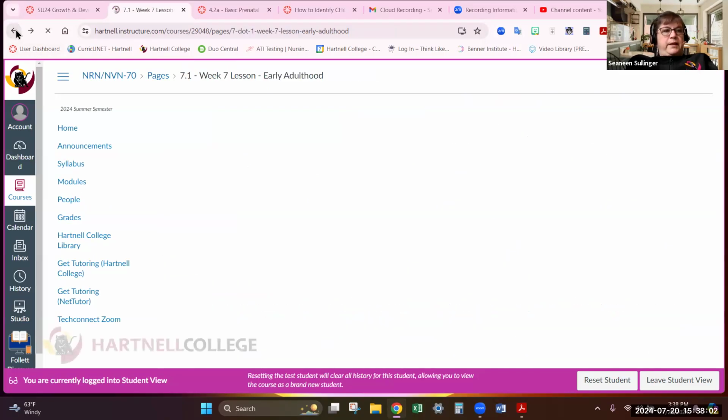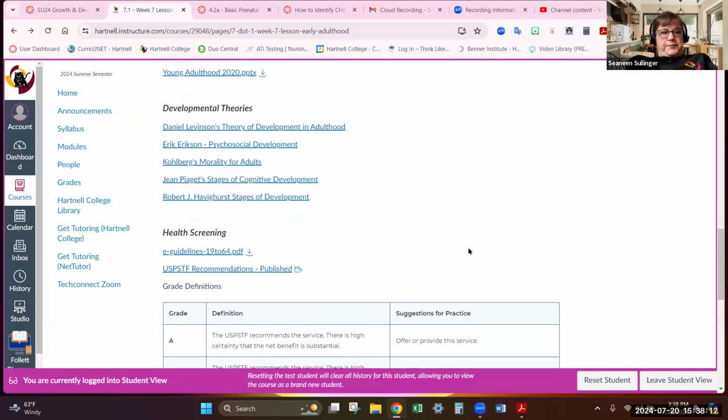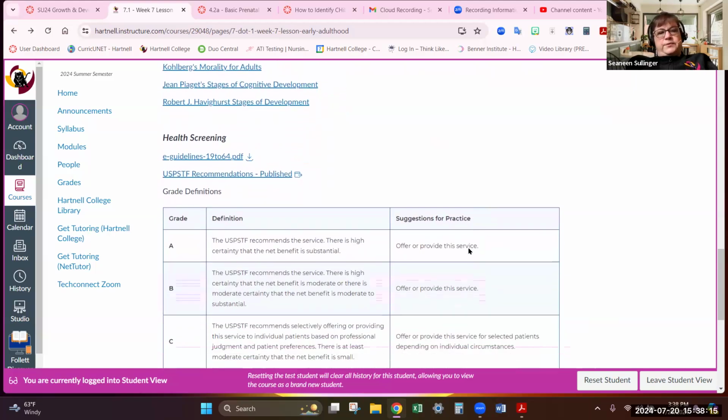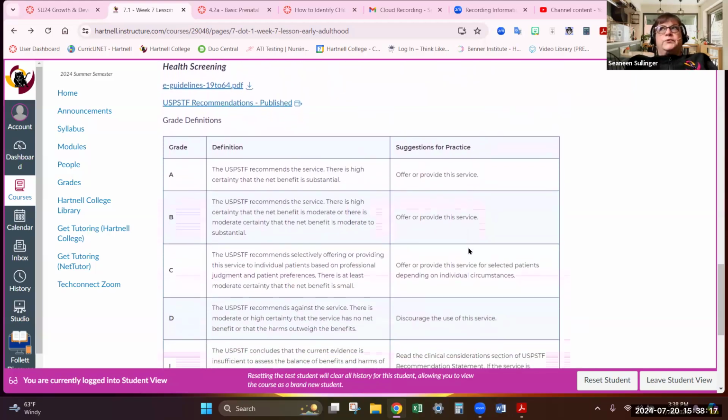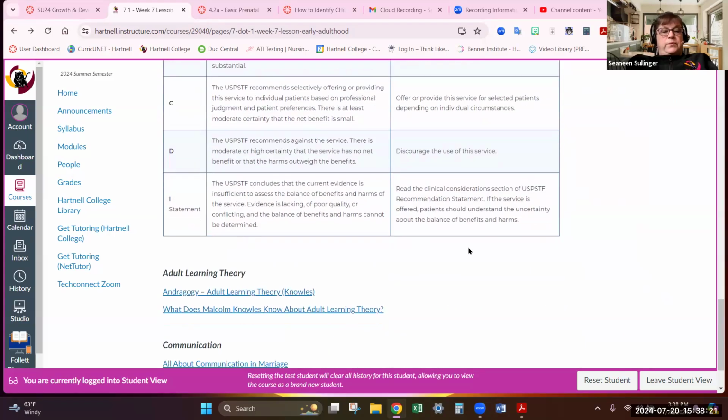And so we'll go back. And we'll talk about morality in midlife and late adulthood as well. So we will cover that there. So health screening, what health screenings are needed for those in early adulthood? So there is